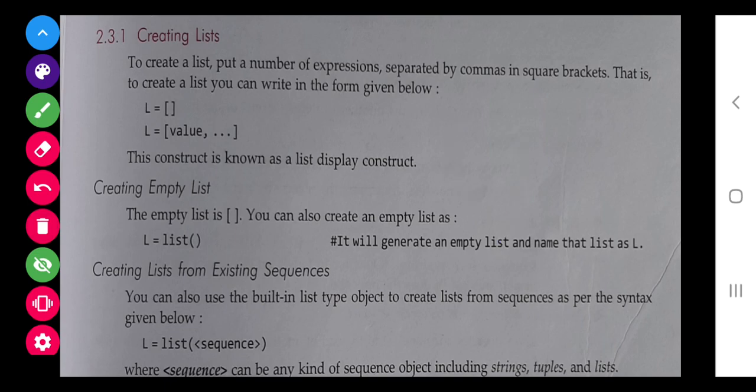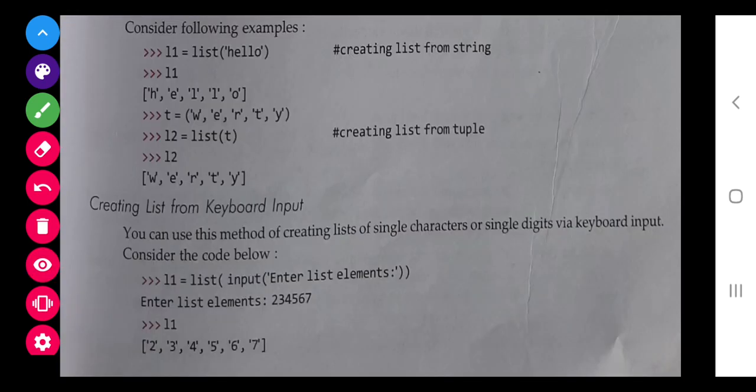Now next is, if we have a string and we want to make each character an element of the list, then we will write list and this hello. Now you can see that h, e, l, l, o all have become separate elements of the list.